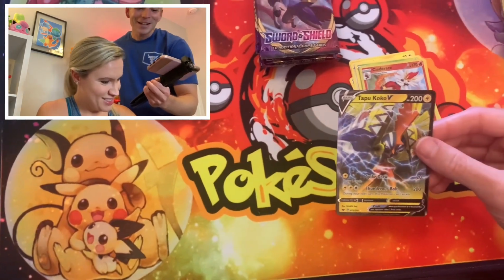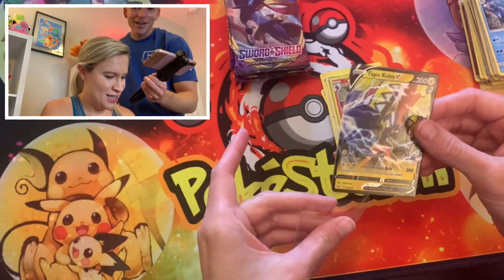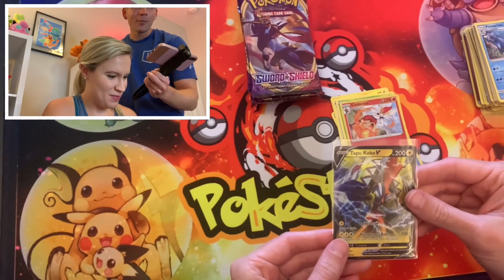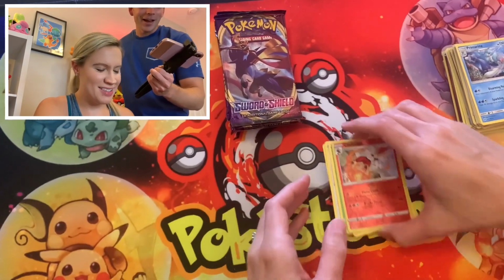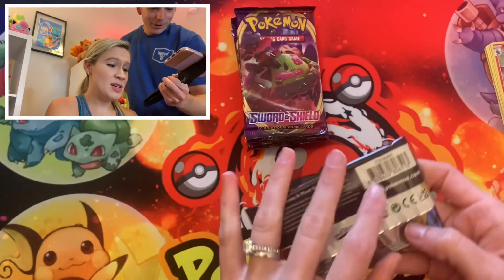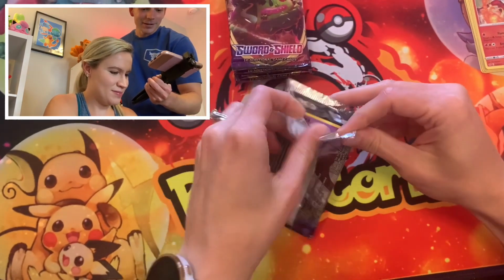Whoa, hold on. That's kind of funny. First pack of Sword and Shield, and we get a V of a Sun and Moon era Pokemon. That is kind of funny. Right, exactly. That's cool, though. I like that. Well, all right. Look at Sword and Shield, starting off with the first pack, too. Yeah, and that's a V. So we'll see how this...